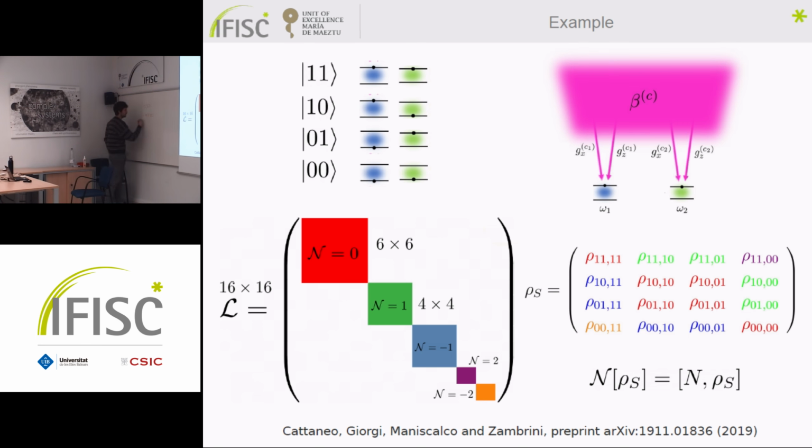My rule here is the number superoperator applied to rho S. You have to count and ask, how many excitations here? You see, this is a superoperator. It's different from the operator, and they are also mathematically different. Here it's very bad, but there is calligraphic and not calligraphic. You see the difference between this and this. This superoperator counts the number of particles here and removes the number of particles here. So it's 1, 1 minus 1, 1 applied to rho S, but this is 0. Do you agree?